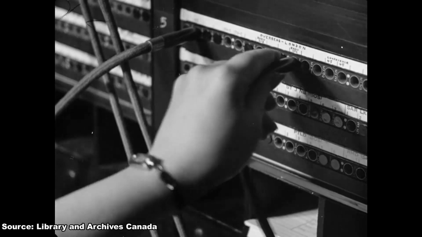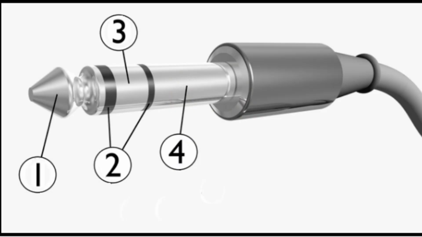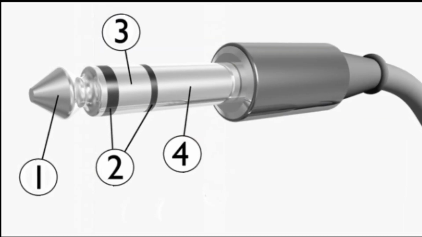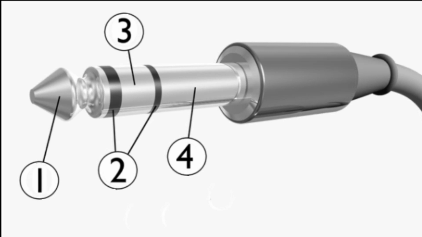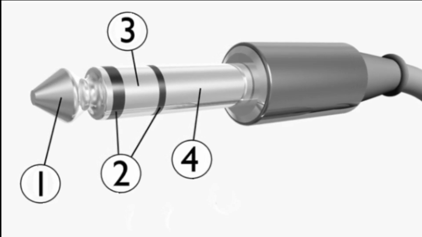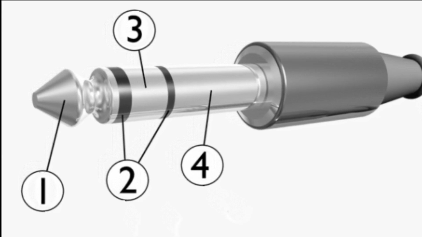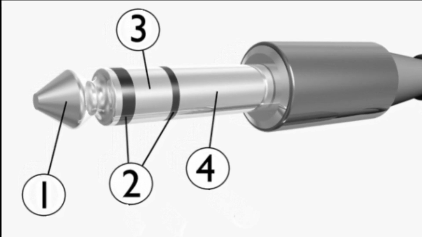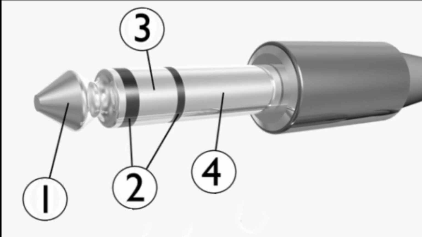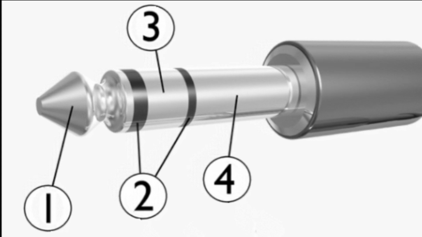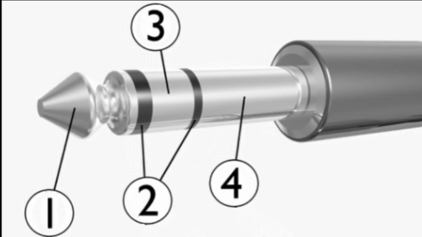The TRS plug, also known as the quarter-inch phone plug, was first developed back in 1870 as a means to connect telephone lines. It consists of these main components, as you see here. Number one is the tip that carries the data signal. Number two is the insulating grommets, which prevent any shorts between the power and the ground. Number three is the ring, that carries another data signal for stereo compatibilities. And number four, the sleeve, hence the name tip ring sleeve.